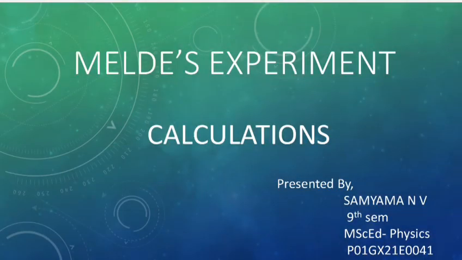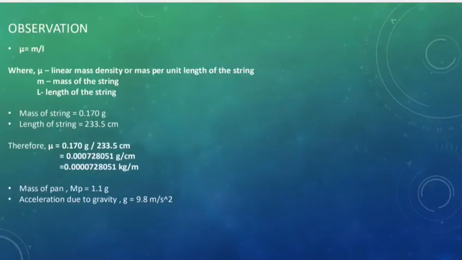After studying the procedure of Melde's experiment, let us now look into the calculation. Coming on to the observation, let us recall the formula mu equals m by L, where mu is the linear mass density or mass per unit length of the string, m is the mass of the string, and L is the length of the string. From the experiment, we have noted the mass of the string to be 0.170 grams